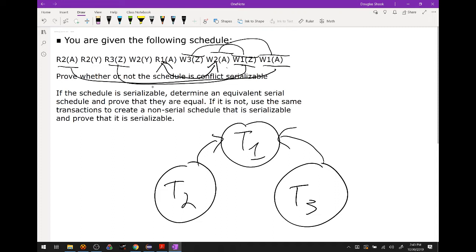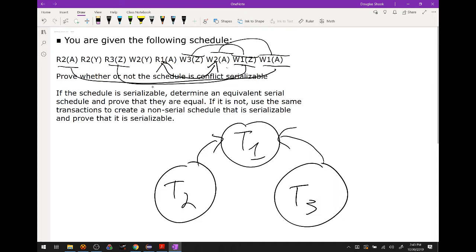Is it clear how I got to that result? It did require a couple of steps to figure out. I needed to remove one of those two edges because they created a cycle, so I examined the conflicts that caused those edges and tried to see if I could flip them, right? Because if I can reverse the conflict, that means the edge will switch direction. And in this particular case, I was able to do that.